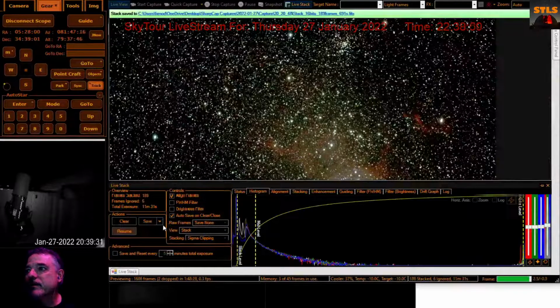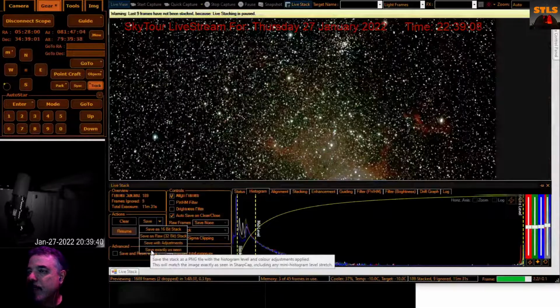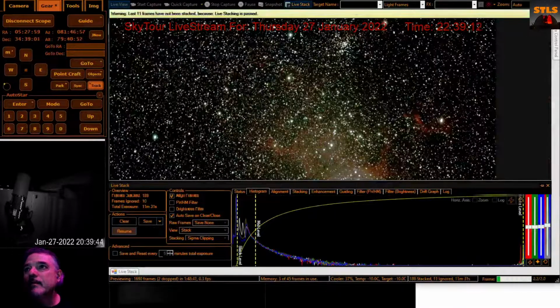There it is. The FITS file is there. And now we're going to save it exactly as seen. And you'll be able to get this and download it and look at it and enjoy it. Beautiful star cluster, starfish cluster, spider nebula, fly nebula. Okay, now we'll clear it